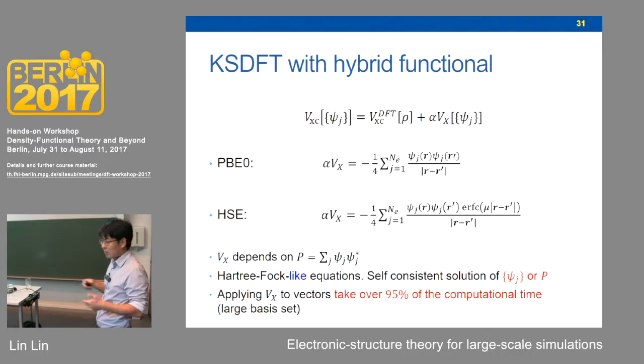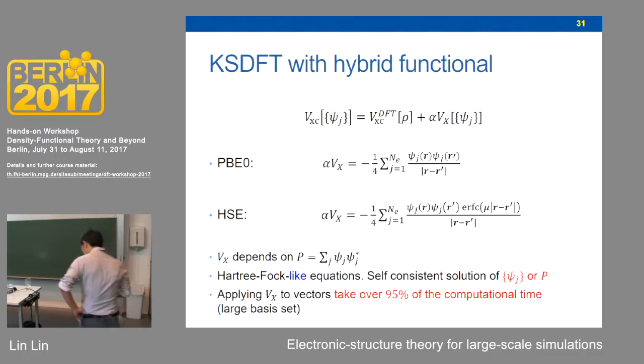Okay, so it means we have to rethink how we deal with algorithms when we deal with hybrid functionals. So in the end, it gives you not Kohn-Sham-like equations, but more like Hartree-Fock-like equations, and you need to do the self-consistent solution not on rho, but on the density matrix P or all the orbitals. You cannot avoid it. And for a large basis set, like plane waves, one characterizing feature of the hybrid functional calculation